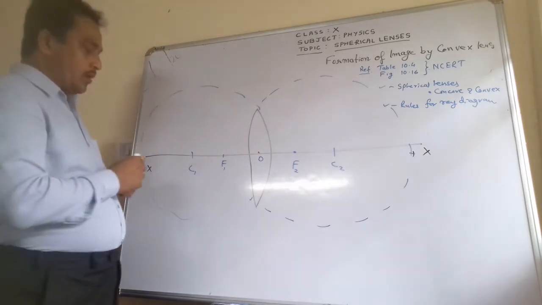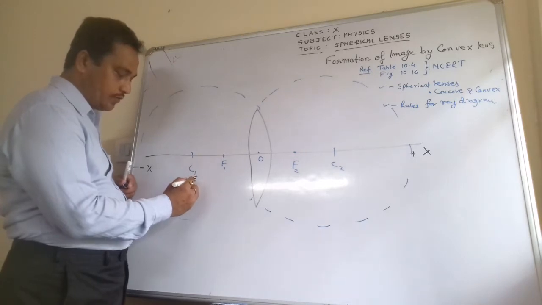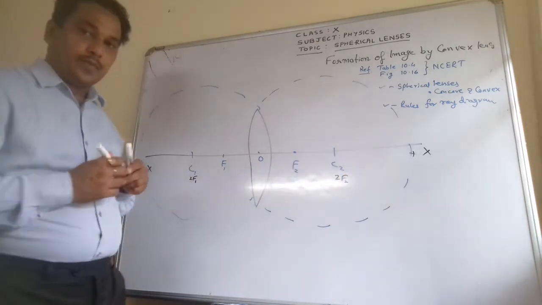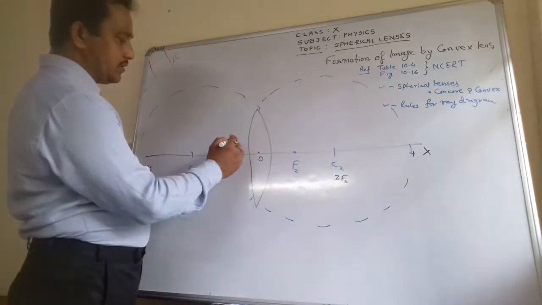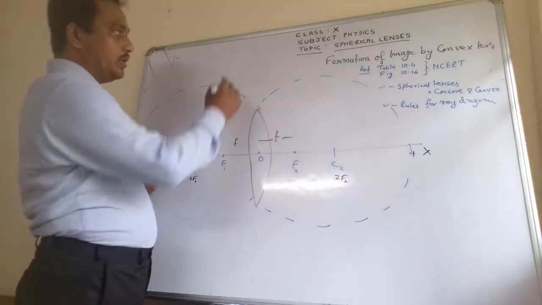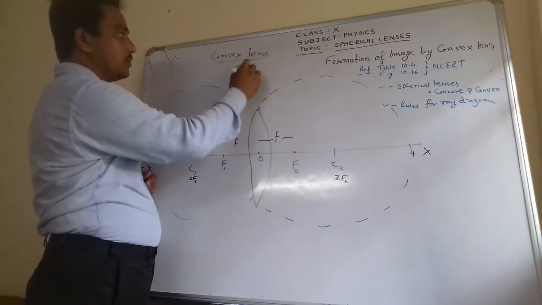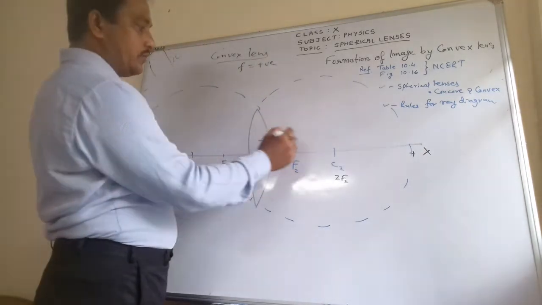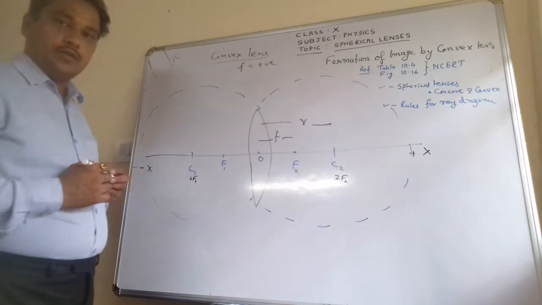What is the other name of center of curvature? C1 is 2F1. Similarly, what is the other name of C2? 2F2, as it is double. You are aware that the radius of curvature is just double the focal length, and here this distance is the focal length, as focus always lies on the positive side in case of the convex lens. Focal length is always positive. Keep this in your mind always. And the distance from optic center to the center of curvature is called the radius of curvature.